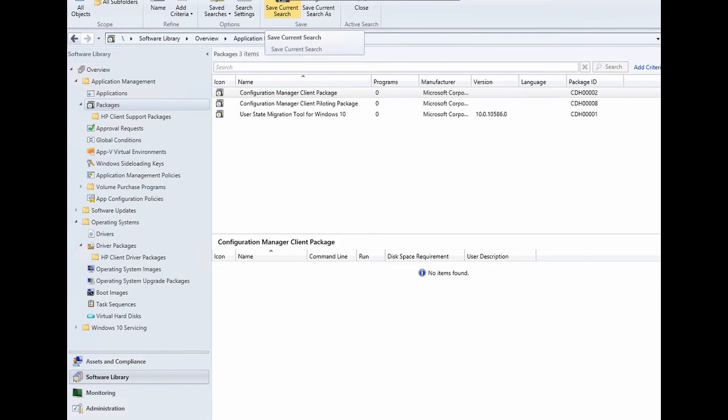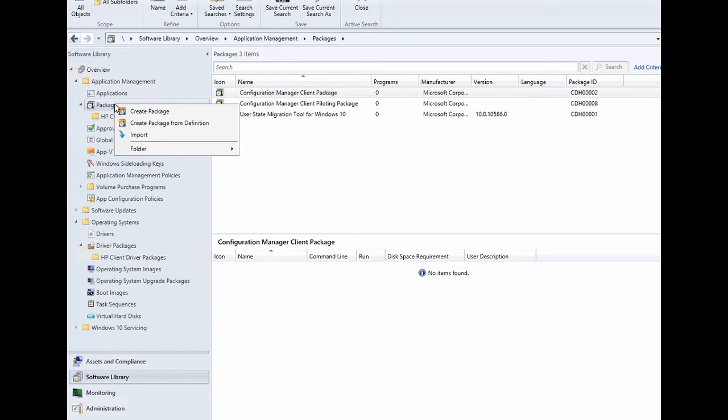The package model. Isn't that the old way of doing things? Well, technically it's the legacy way, but it still has its place in time. Especially if you want something to reoccur over and over again, use a package. You can't do that with an application. Or if you just have something really simple, like a script, a batch file, just throw it in a package and send it out. Or if you're having trouble testing an application, it's not working, throw it in a package